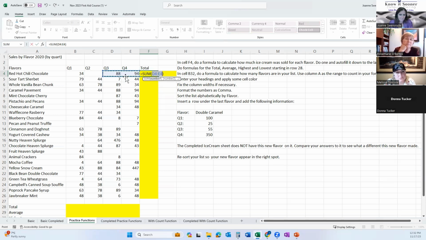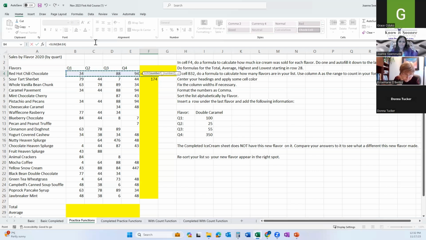So sum, then you're going to, it's not correct. You're just going to take your mouse and drag over the cells. Be careful not to drag over the cell that you were on, that you started with. So equal sum, B4 to E4. That's that range I was talking about. B4 to E4 and everything in between, and including the B4 and the E4. Okay, there are other ways to do that. You can select it first and then hit it, but it doesn't always work. So I don't like to do that when I'm first kind of starting out.